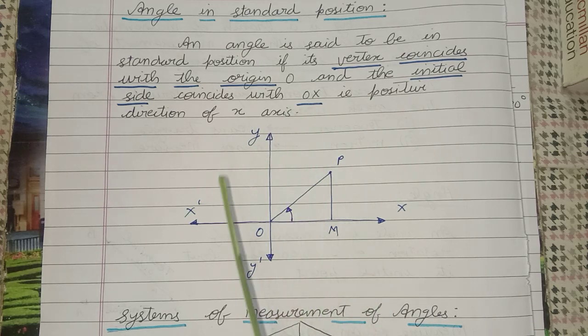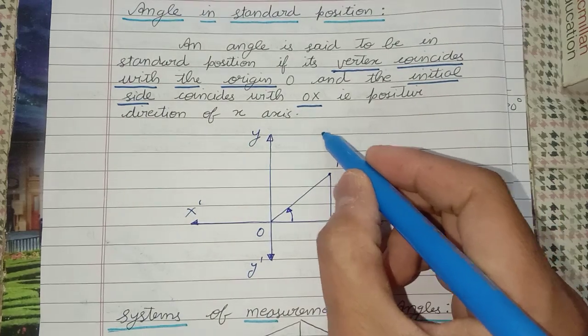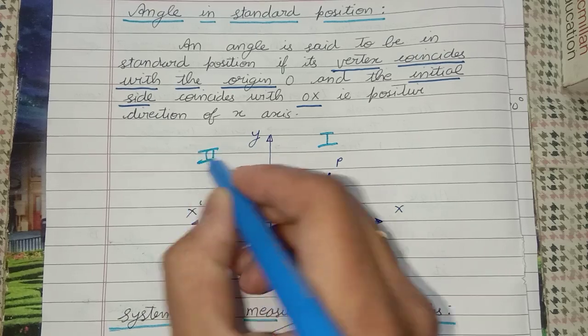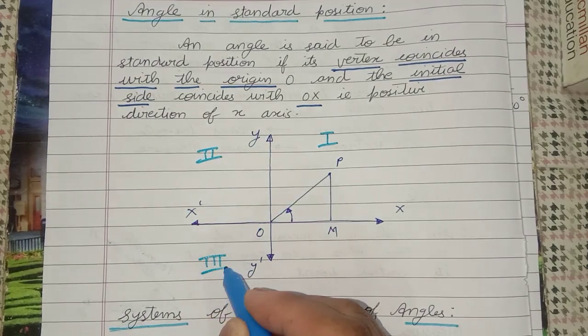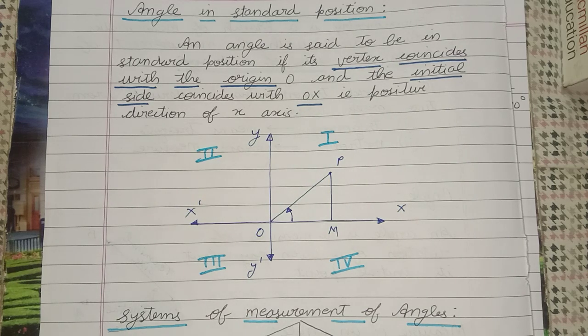This particular part is called the first quadrant. I'll write over here, this is called the first quadrant, this is the second quadrant, this is third, and this is the fourth quadrant. This you have studied in standard 8 itself. These are the axes, and this O is the origin. Now see this OPM, there are some letters named over here.